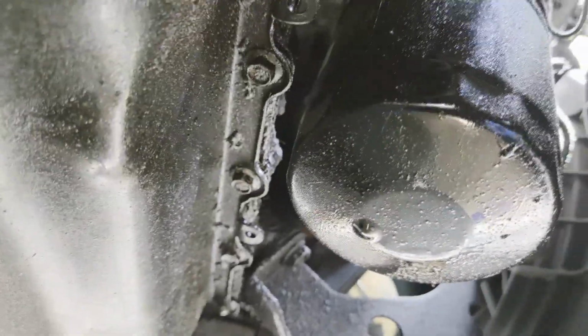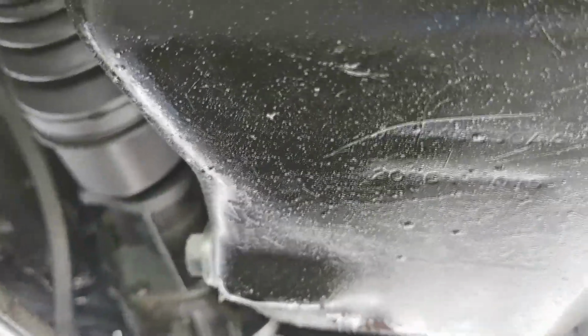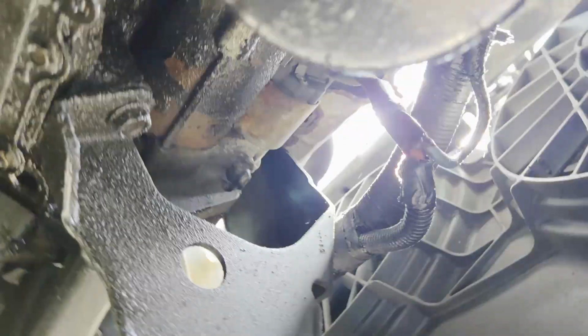Hello, and today we're going to be looking at my 2006 Chrysler Town & Country. I'm going to be taking the oil out and changing that, but also I'm going to be working on this oil pan, simply because I'm getting a low pressure oil warning light that keeps coming on at low idle, and I've changed the sensor, which, if